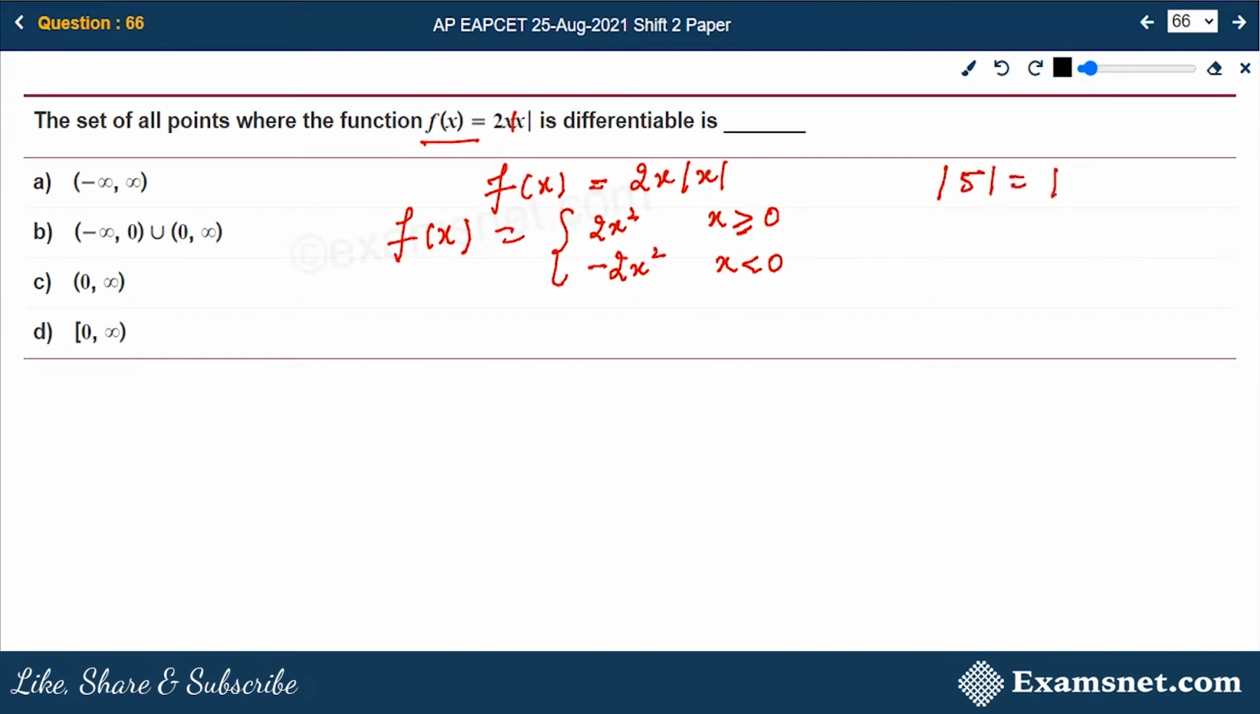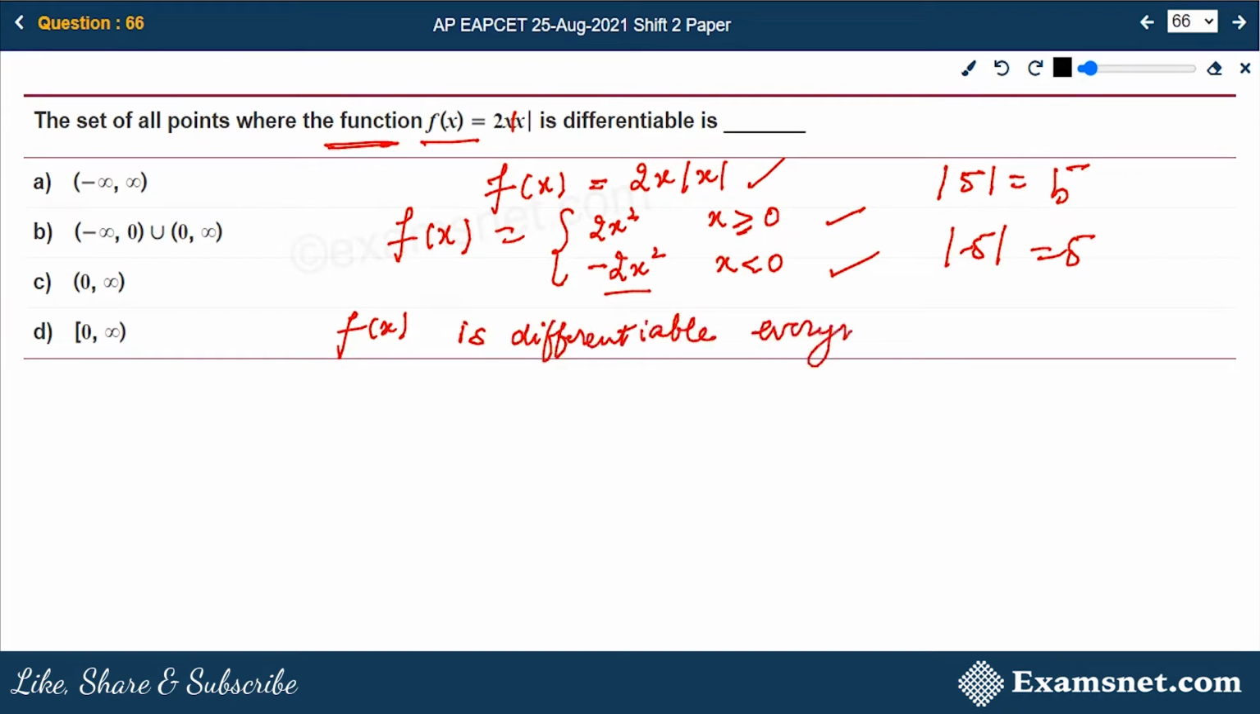The mod function just gives a positive value, like if I say mod of minus 5, this is also 5. Mod of any number gives a positive value. So f(x) is equal to 2x square for x greater than or equal to 0 and minus 2x square for x less than 0. Now you are given the set of all points where this function is differentiable. This is a polynomial function, 2x square is a polynomial function. Therefore, f(x) is differentiable everywhere, but